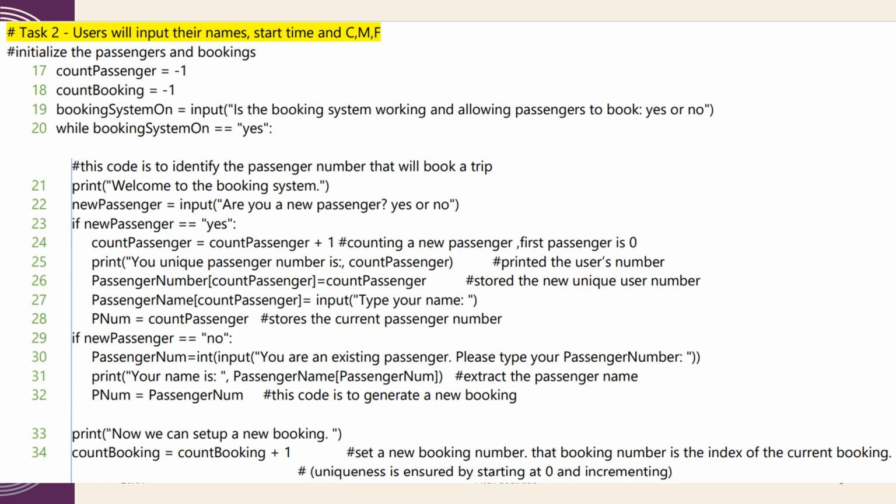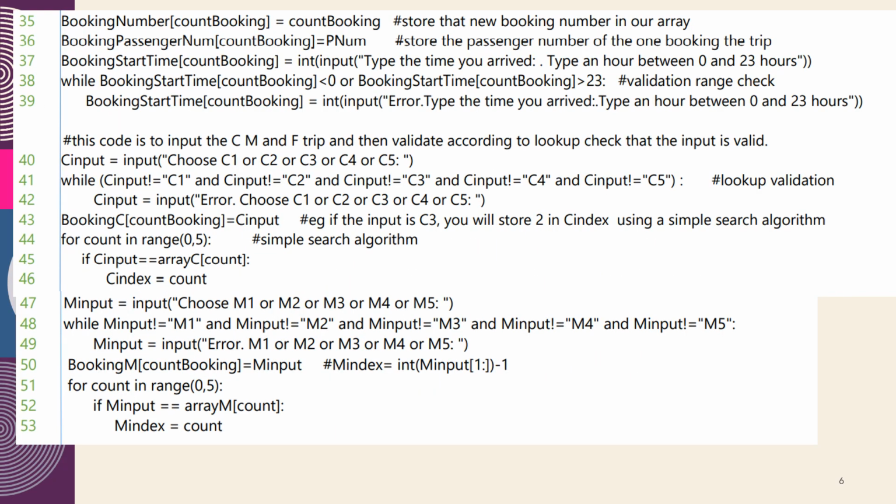Let's have a look at line 35. So we've stored this as count booking. We've stored it in booking number array, and we've stored the passenger number in booking passenger number, and we're storing booking start time of count booking equals type the time you arrived. And we have line 38 and 39 some validation. This is a range check